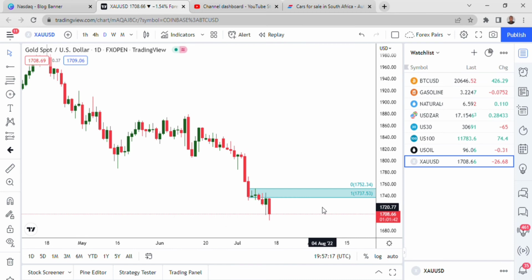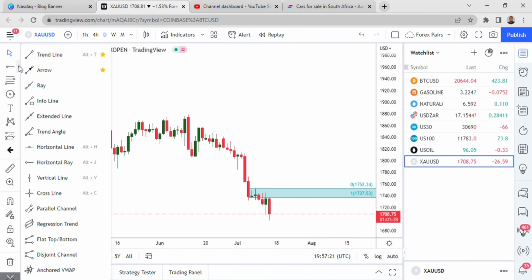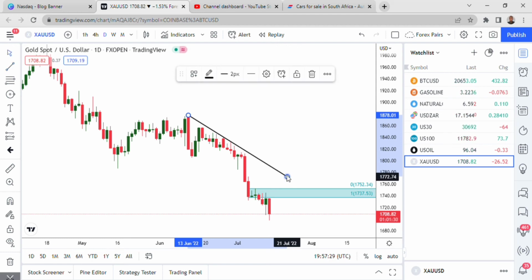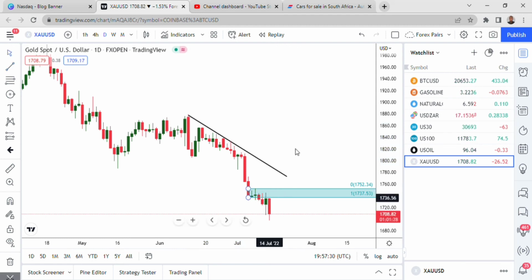And what else can we say here? Because this is the daily, remember on weekly we put the weekly trend line. So on daily, we can say maybe the daily trend line is here. Because remember, we don't use the market pause to draw the trend line. We just want the swing. So that's the daily trend line.